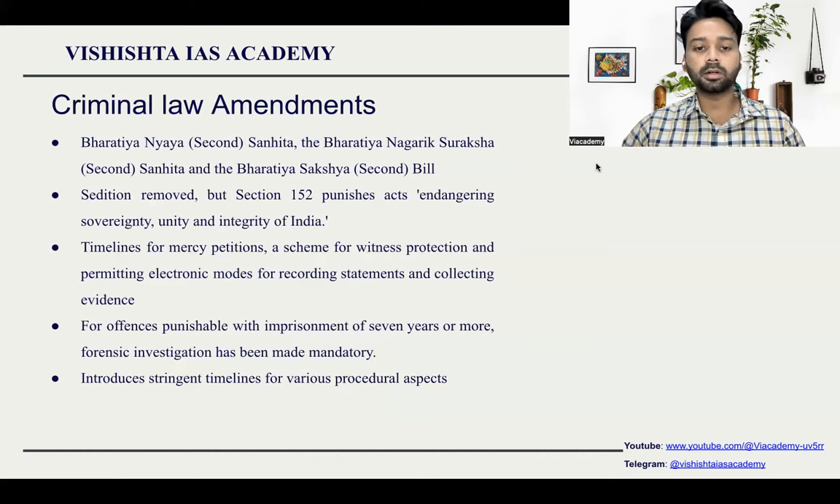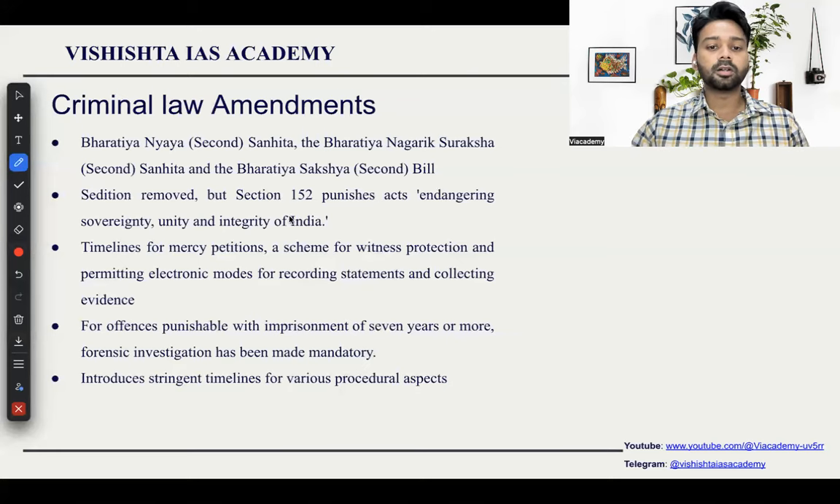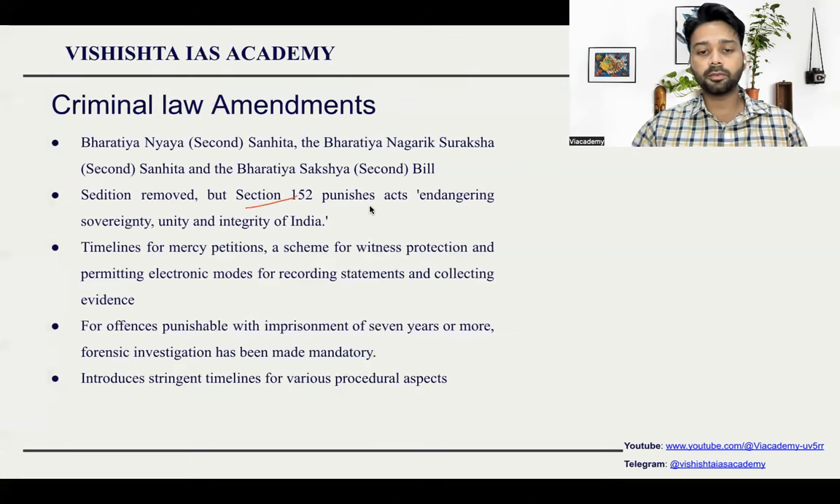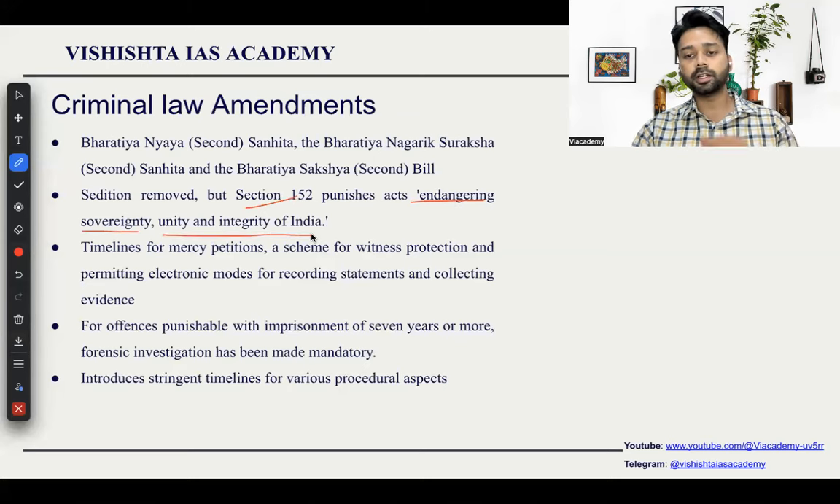All these three acts were repealed and then the new bills were introduced. According to the new criminal law amendments, the earlier provision of sedition was removed. At present, the sedition law has been removed and they have introduced a section called Section 152. According to Section 152, punishment can be given to any act that endangers the sovereignty, unity, and integrity of